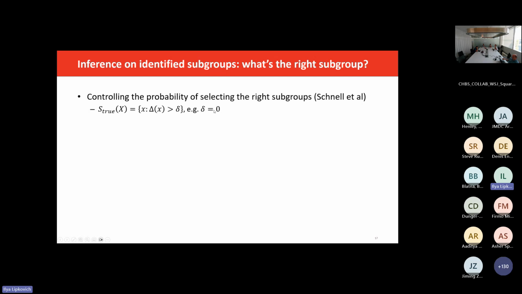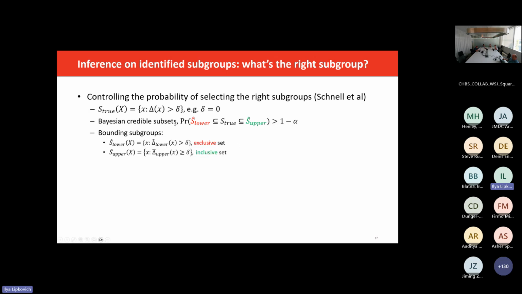And that's the true subgroup which you don't know, but you create bounding subgroups, lower and upper subgroups, that guarantee that the true subgroup is contained with given probability. And so one is called exclusive set, another inclusive, and it's essentially based on thresholding the lower and upper limits from the credible sets for the CATE. So if your exclusive set is empty, that suggests, okay, there is no heterogeneity.